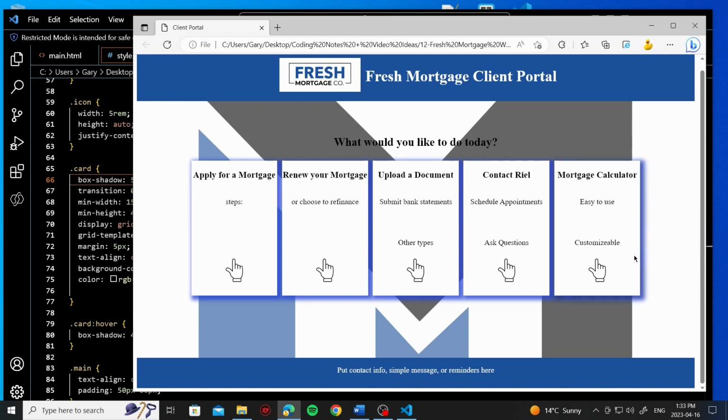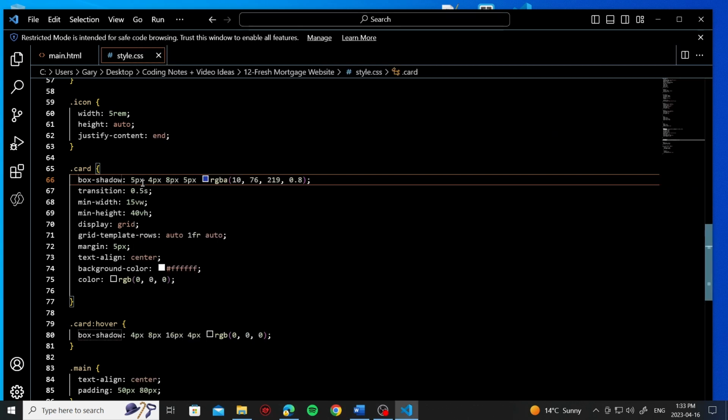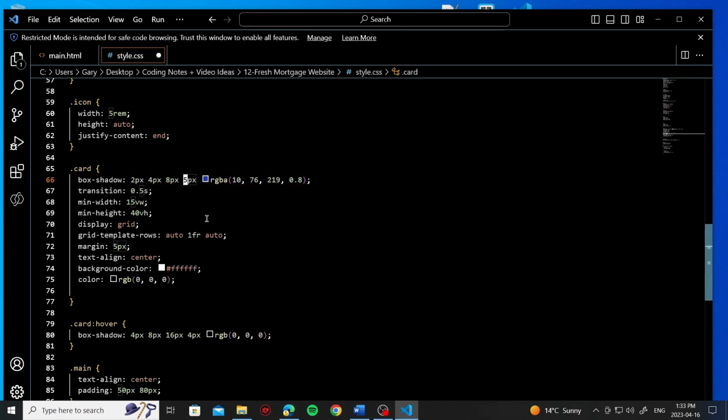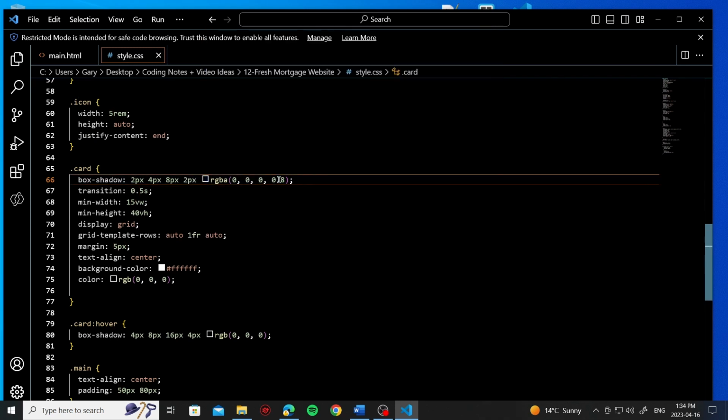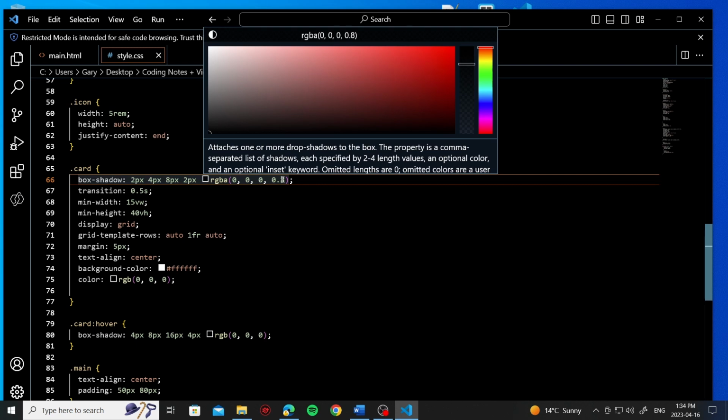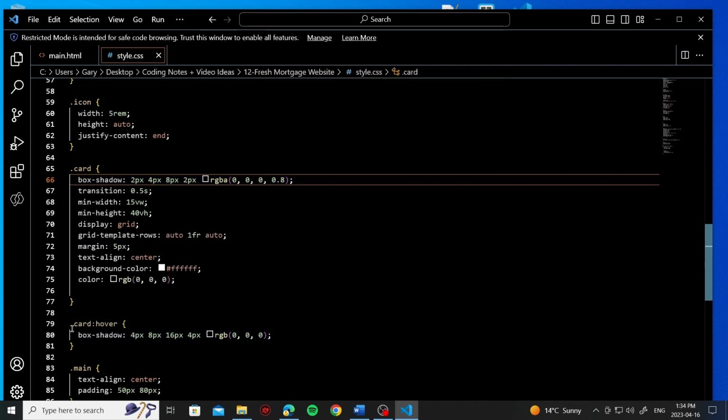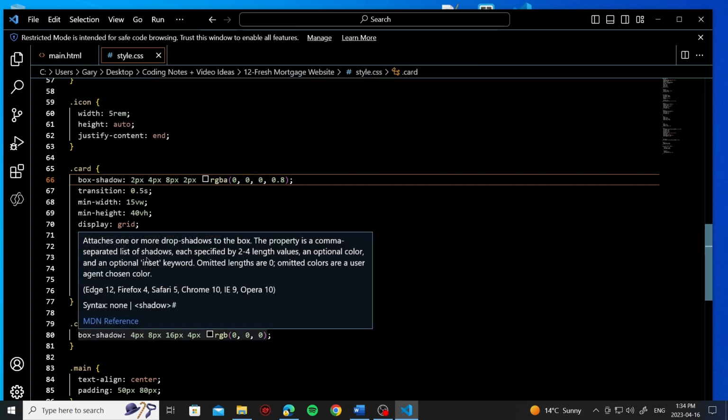But I like the idea of having something smaller. And I changed the color to blue just because it was easier to see. We could go back to something darker. And then this last value here is the opacity. So maybe you don't want it super dark, and then you want it to actually, when you hover, to get darker. So that's why you'll notice here I've got 2 to 4, 4 to 8, 8 to 16, and 2